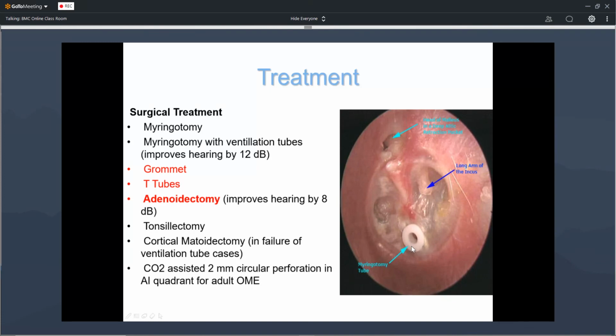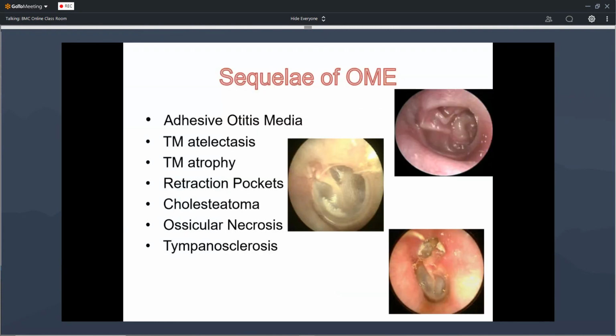Along with this treatment, if the patient is having adenoid hypertrophy or tonsillar hypertrophy, you should go for adenoidectomy or tonsillectomy. Sometimes if the fluid is present in the mastoid antrum and air cells, you may go for mastoidectomy also. Rarely we may require mastoidectomy, but the main surgical treatment for blue ear is myringotomy and grommet insertion, and if there is associated adenotonsillar hypertrophy, you should go for adenoidectomy and tonsillectomy.